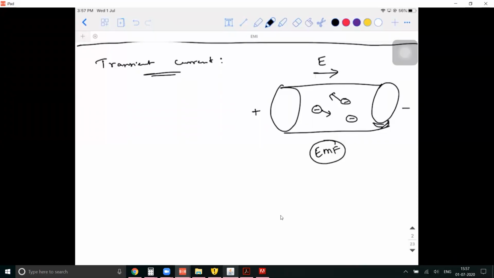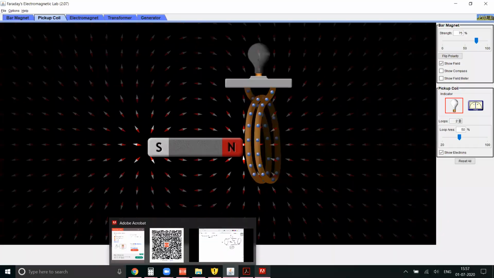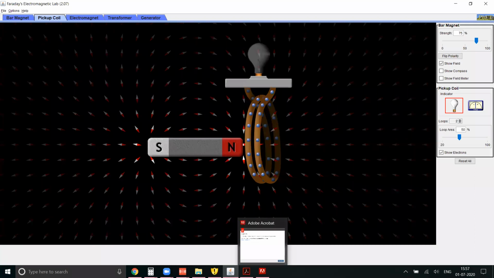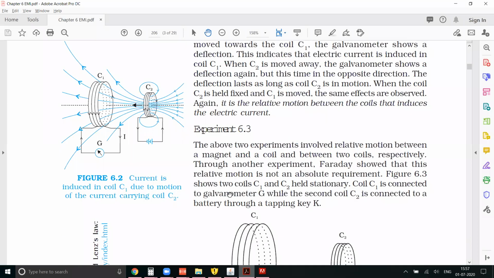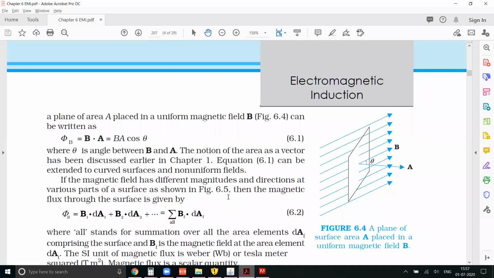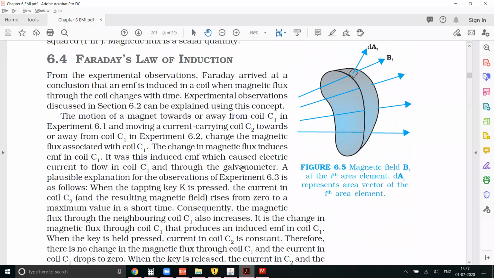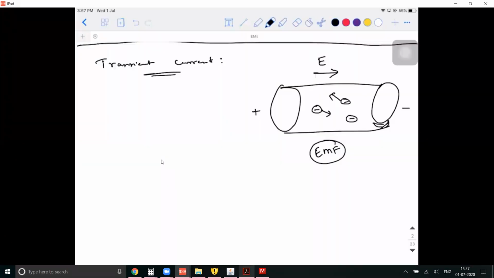Are you guys able to understand? So that is the first law of this chapter. Can you just repeat the point about EMF once, sir? I'm saying you need to connect any device across an EMF source for the current to flow through it. So what I was trying to say here is, by changing the magnetic flux, we are generating an induced EMF. That is what I tried to explain. Okay, sir.